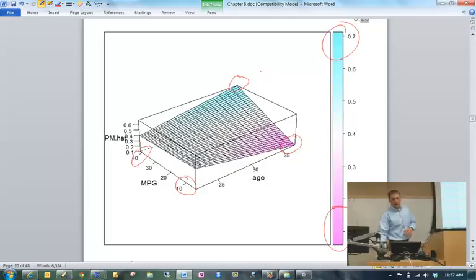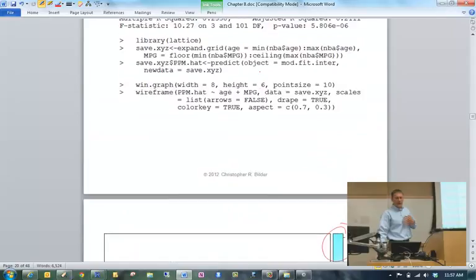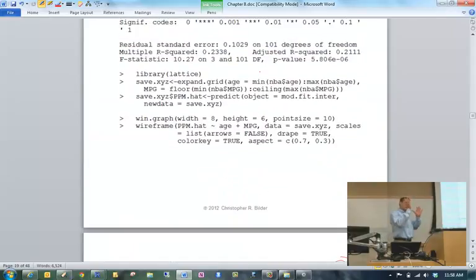Now, as I alluded to earlier, unfortunately, the same 3D plotting function that we looked at before, at least I can't figure out how to graph a model such as this with it. And so what I had to do was use another function to do the 3D plotting called wireframe. This comes from a package in R called Lattice. Lattice allows you to do a variety of different kinds of plots in R beyond those basic plots that you see with the plot function.